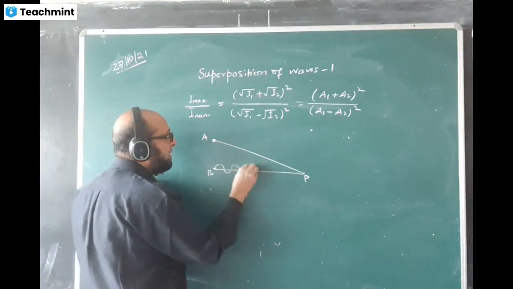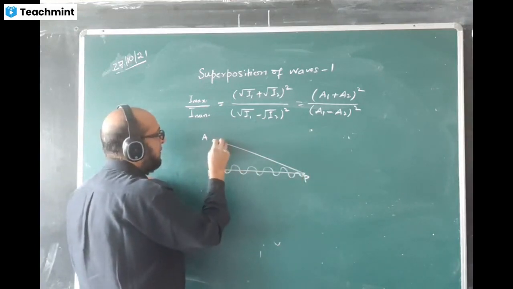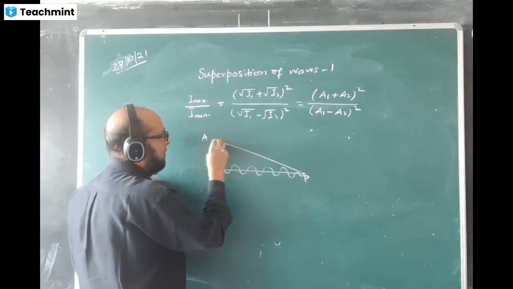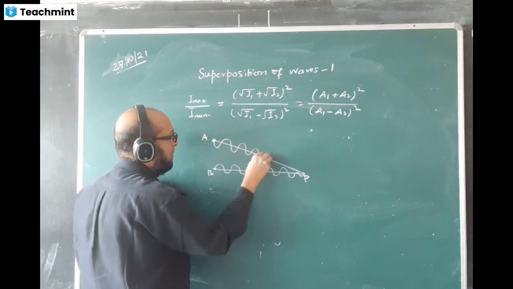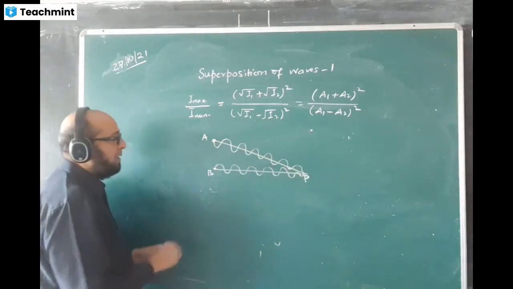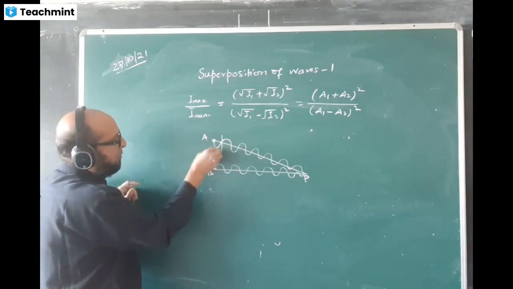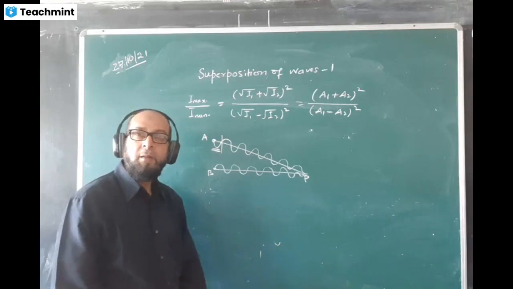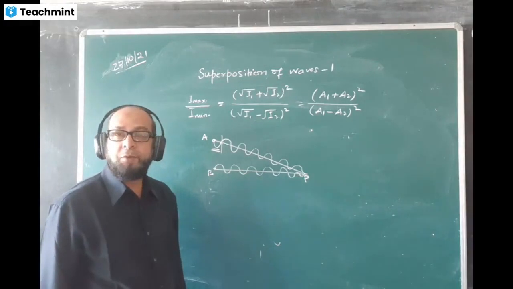Suppose from here the wave is going like this. Here is the wave, like this. And now the wave out here is, suppose, here like this. You say this is going up, here also is going up from this point. Now, how much is this side extra? How much is the extra value out here? 180 degree. 180 degree means maximum or minimum? Tell me. Minimum. So this point will give you a minimum amplitude.